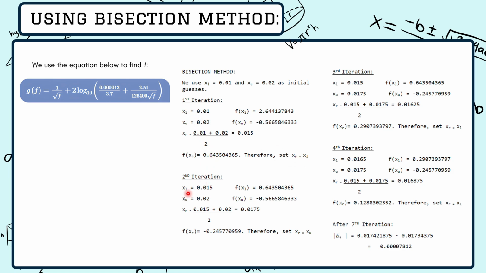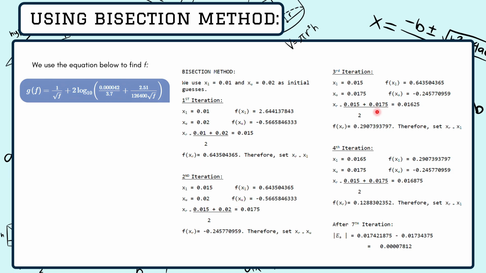Then in the second iteration, we use the value of x sub r as the value of x sub l. Then we plug this value into this equation to find the value of the function of x sub l, and copy the value of x sub u and the function of x sub u. Then we determine the root x sub r and input this value into this equation to find the value of f of x sub r. The f of x sub r is negative, therefore we set x sub r equal to